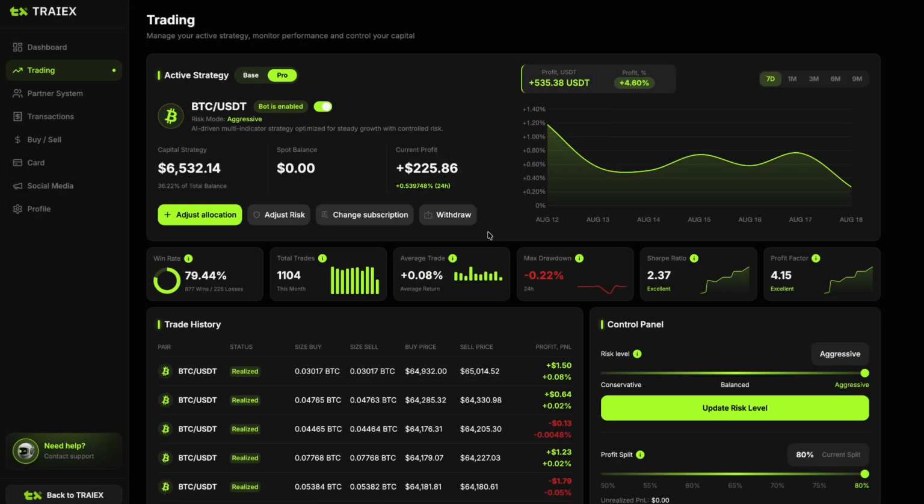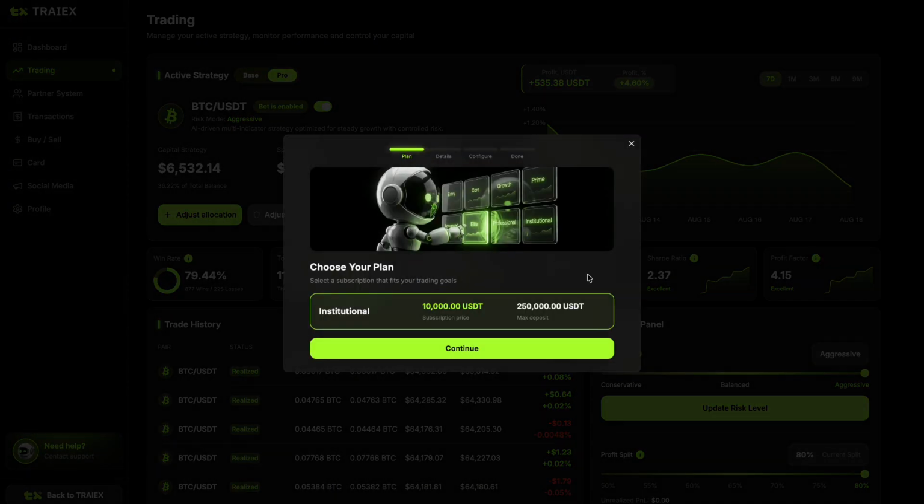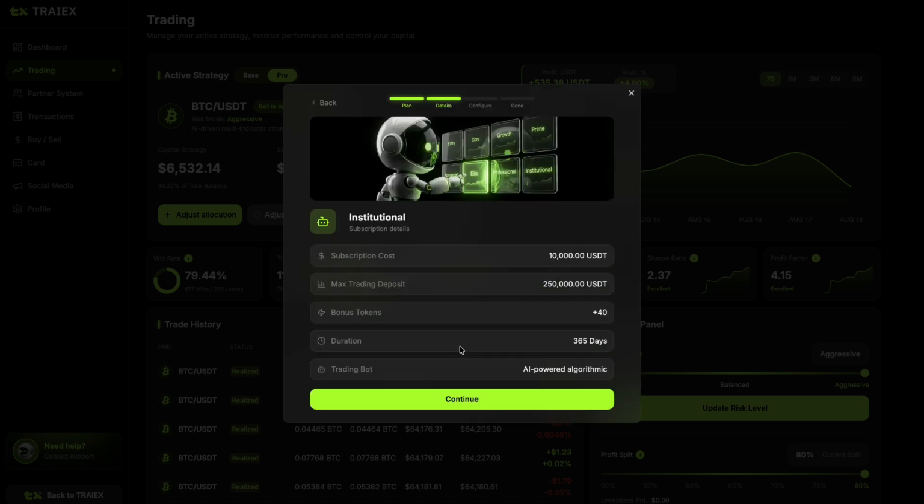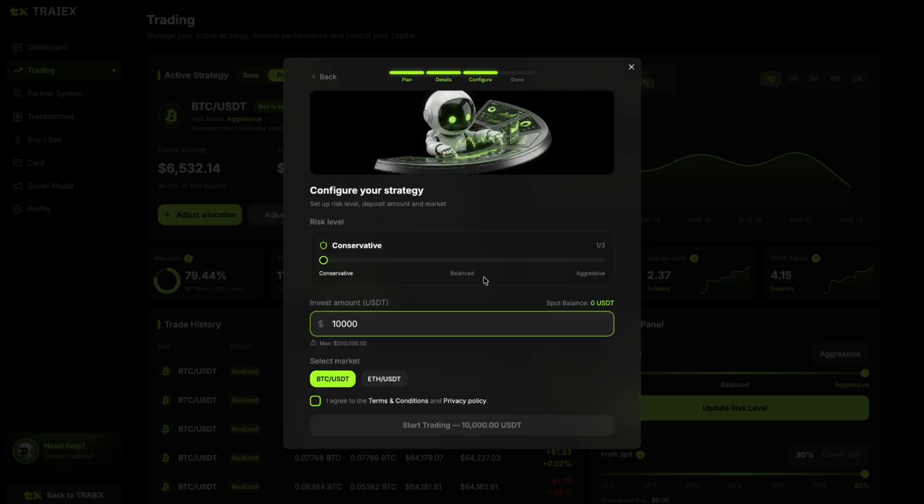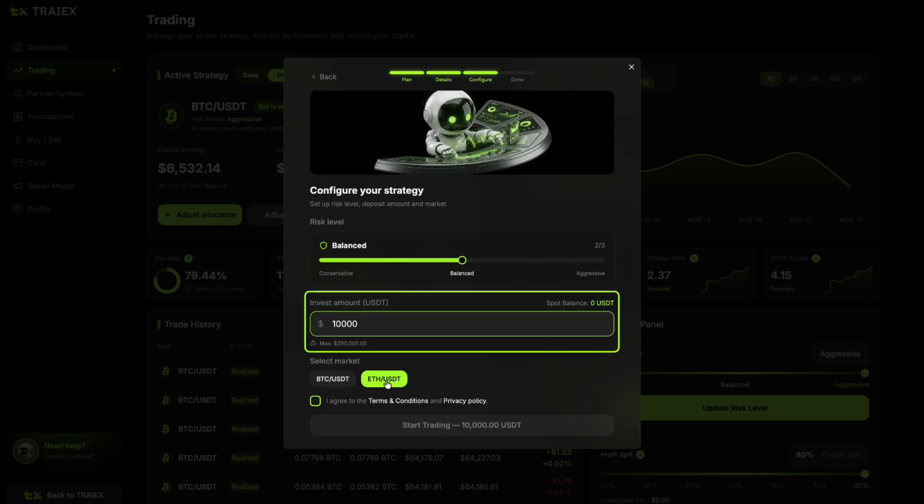Let's look at the available subscriptions. On this account, the plan is already close to the maximum, so only one upgrade is available. In total, the lineup starts at 50 USDT and goes up to 10,000 USDT per year. Each level allows a higher capital allocation. The details show what the upgrade gives you, the new capital limit, and the terms. And in the settings, the same three decisions belong to the user: the risk level, the allocated capital, and the choice of market. The system does not get access to the whole balance.